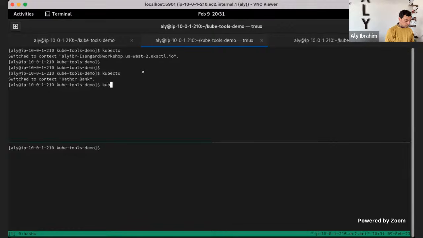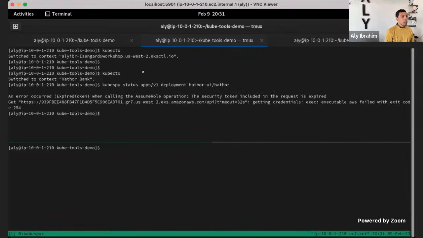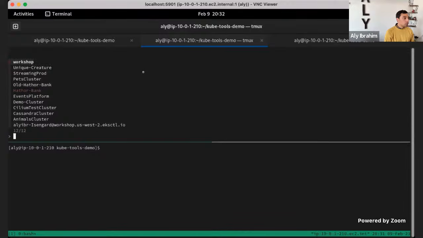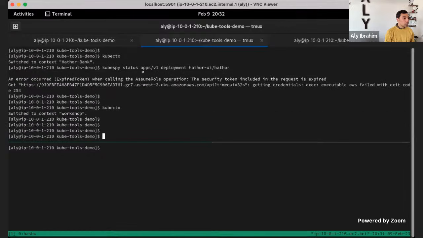Then apps/v1, and this is the namespace/the deployment name. Oh, my token is expired. Switch to the other one. Probably I need to deploy something quickly, so I can show you that.